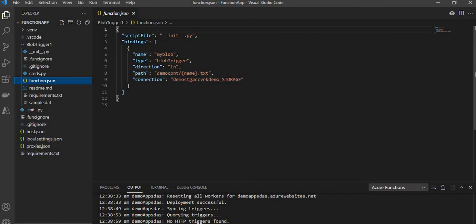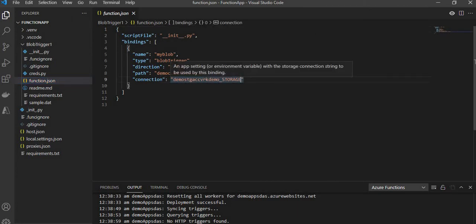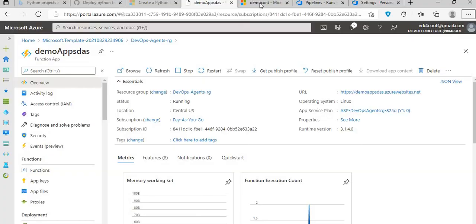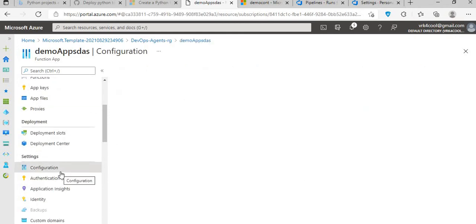Yeah, so if you can see here, we have mentioned something called a connection. The connection name here is whatever the storage account name underscore storage. This is just a friendly name which I have given. What this means is it is the connection to this particular blob which it wants to trigger. So what you have to do is, once you deploy the function app and the storage account, you go to the settings option here, and under the configuration tab,